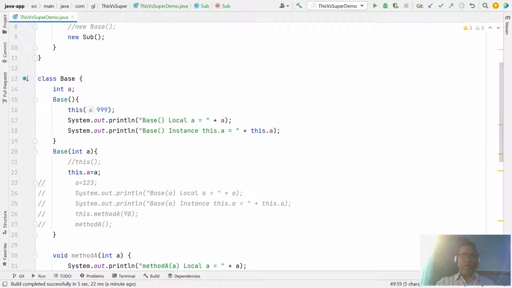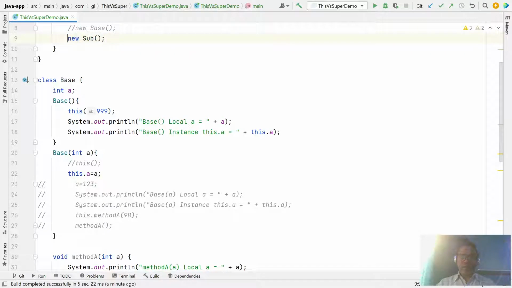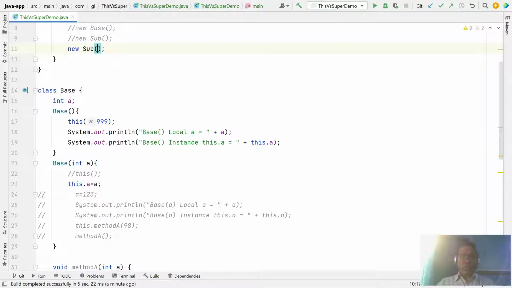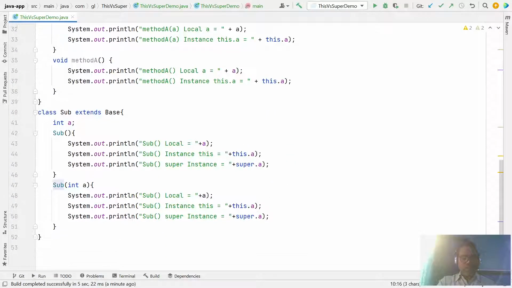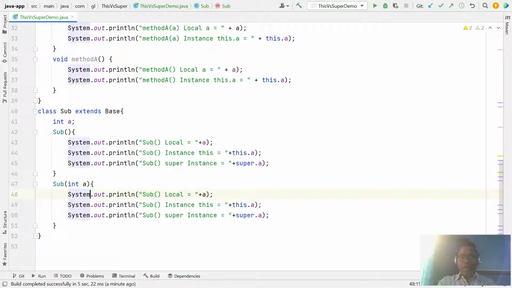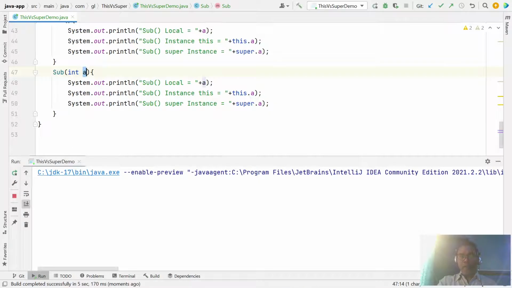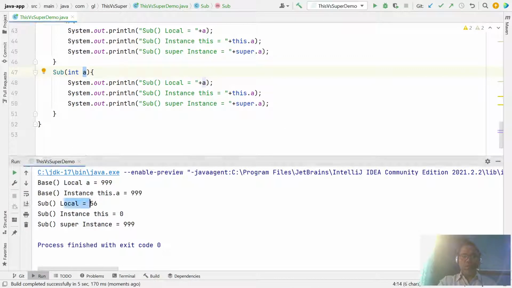Let us say I give 56 to the subclass. Whenever you invoke the subclass, this argumented constructor is invoked, and here local variable a is 65. The super variable, as defined in the superclass, is the default 99.